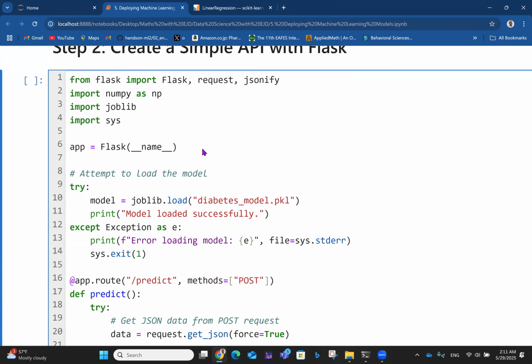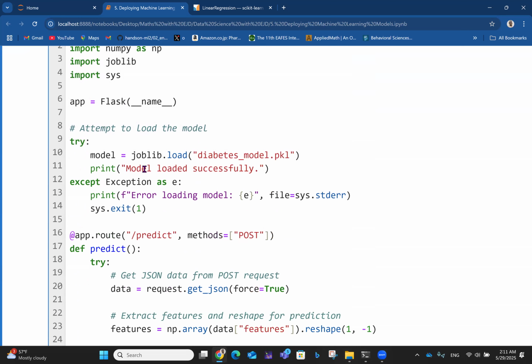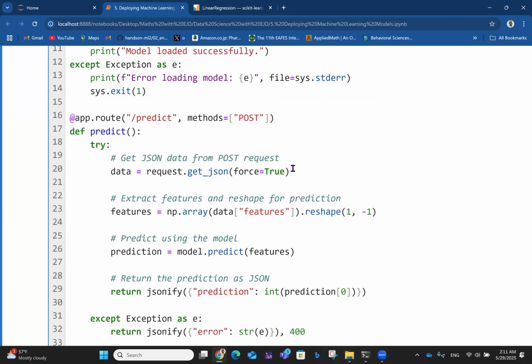So this is us loading the model right here. You try model equals joblib.load diabetes_model.pkl. Then you print "model loaded successfully" if it's loaded. Then except, if that doesn't happen, you can give an error. So error model, then it tells us why that error is there. Then we have